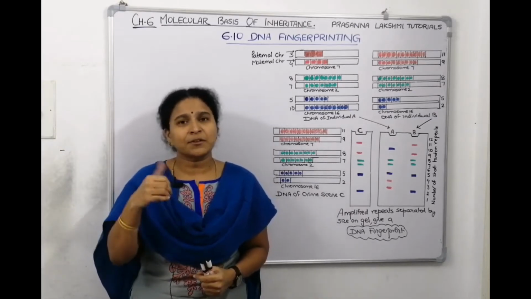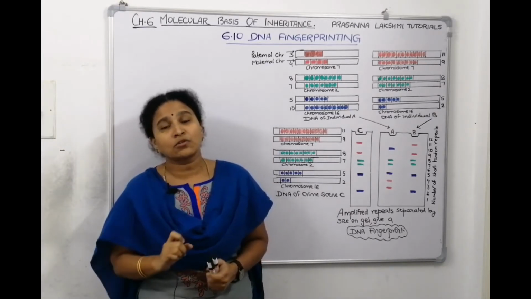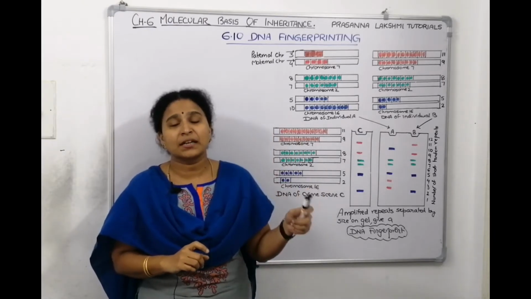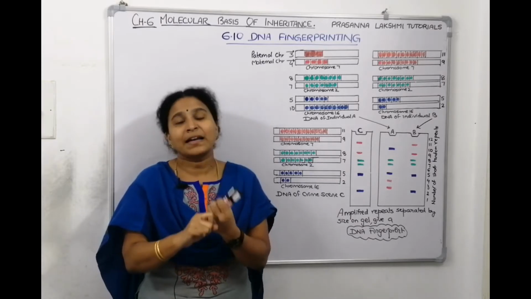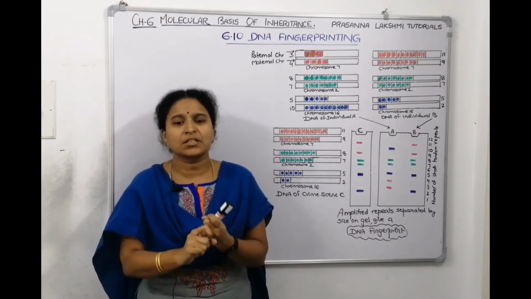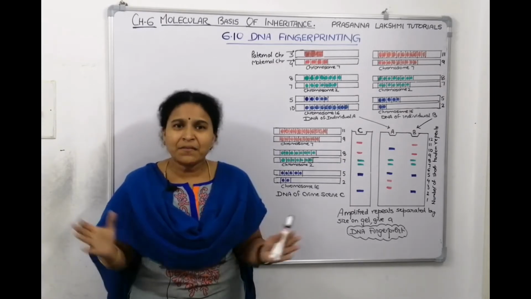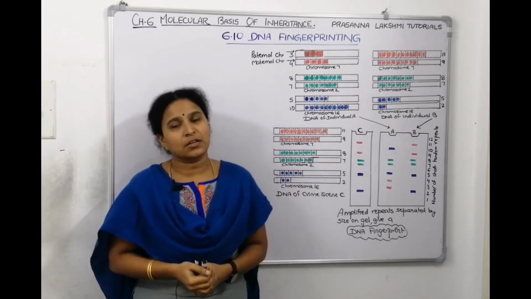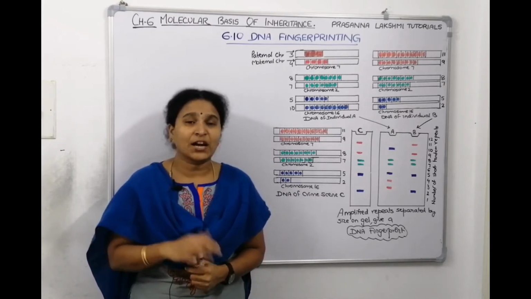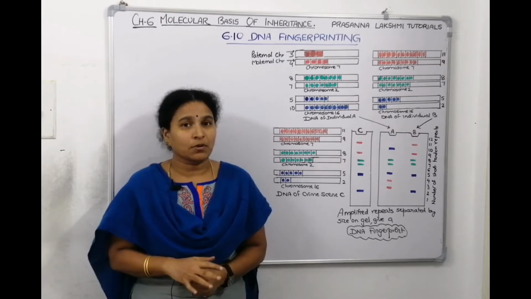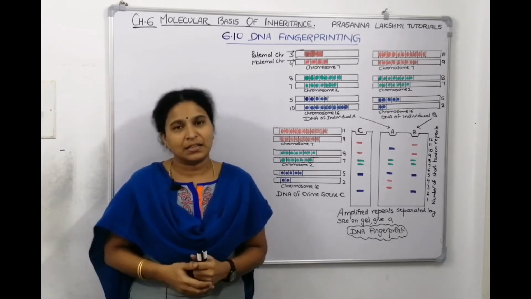Not only in forensic science and criminal investigation, in biology also we can use this DNA fingerprinting technique in many ways, for tracing out the evolutionary history, finding out the genetic diversities, finding out the population densities or differences. The credit goes to the scientist who discovered this technique, Alec Jeffreys, in the year 1984. So, here they cannot manipulate this technique, right?